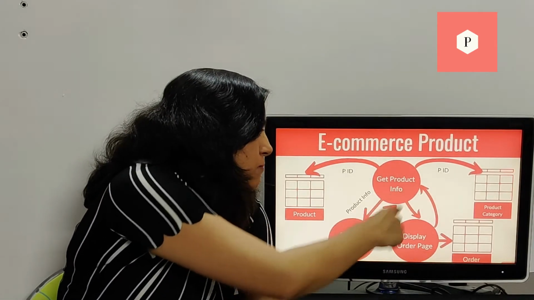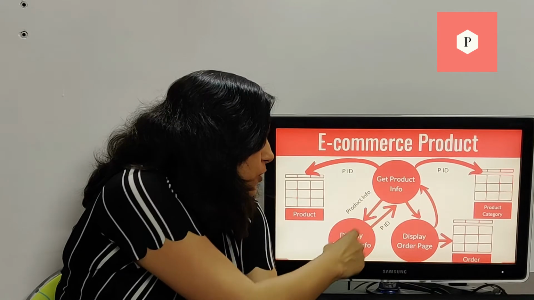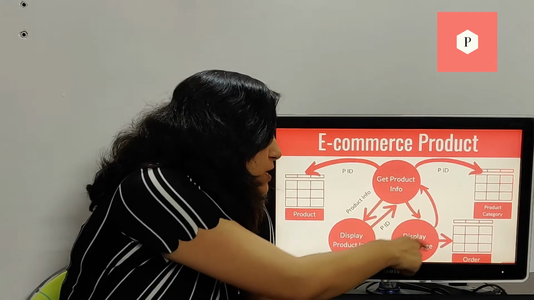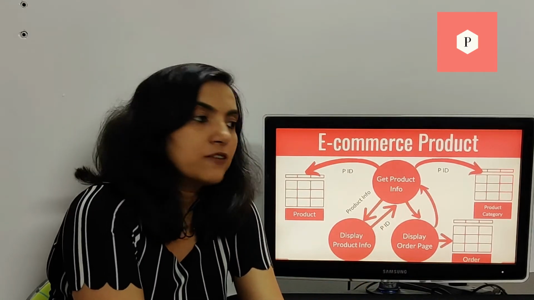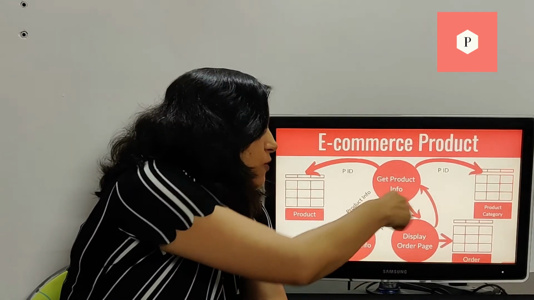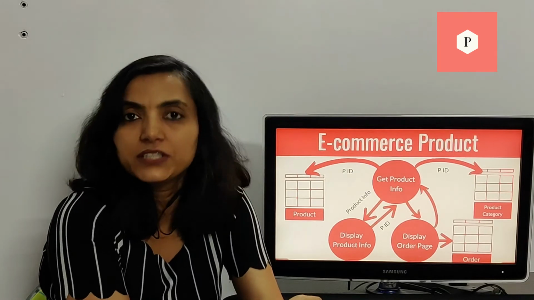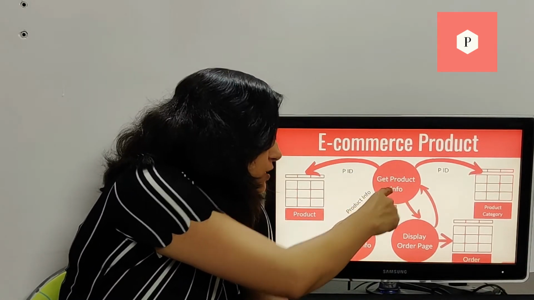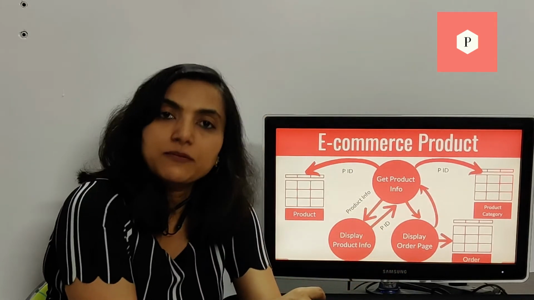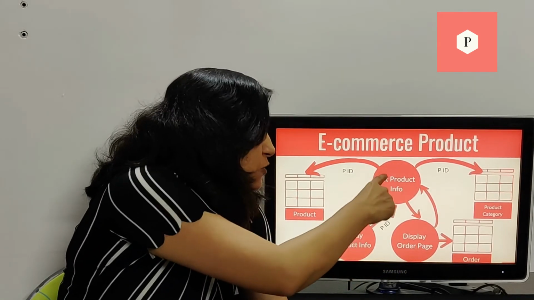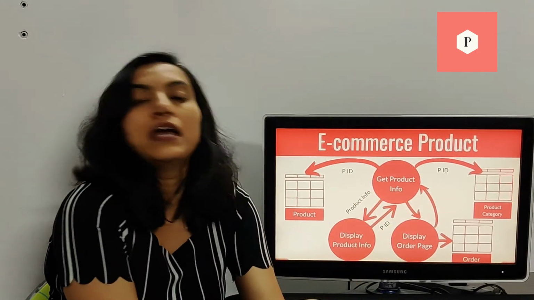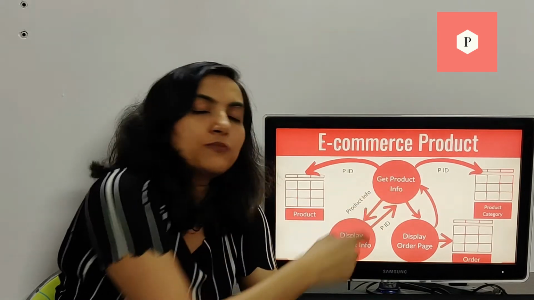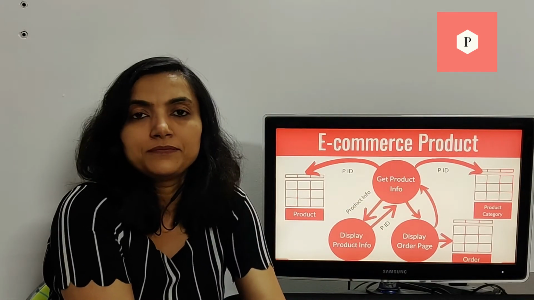Now, if there was one big piece of code that got the product info as well as displayed the product information, then the piece of code that had to display the order information would have to do the job of getting the product information all over again. Instead, you can have a smaller piece of code that gets the product info, and these two different smaller pieces of code just use it to get the product info and display it in their respective pages. So this task did not have to be done again in the code.